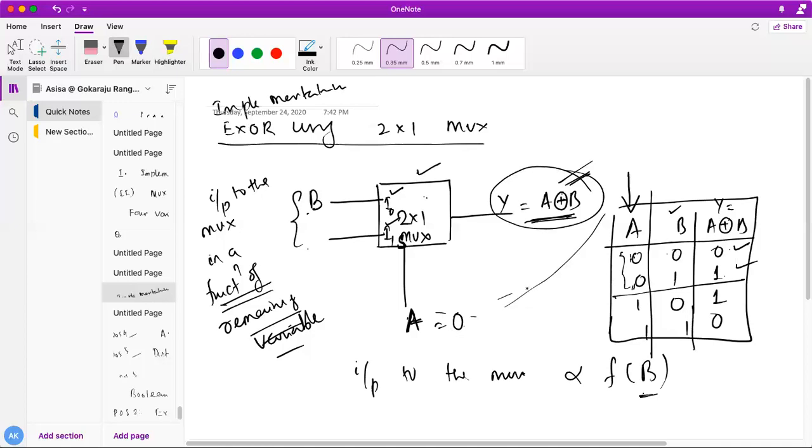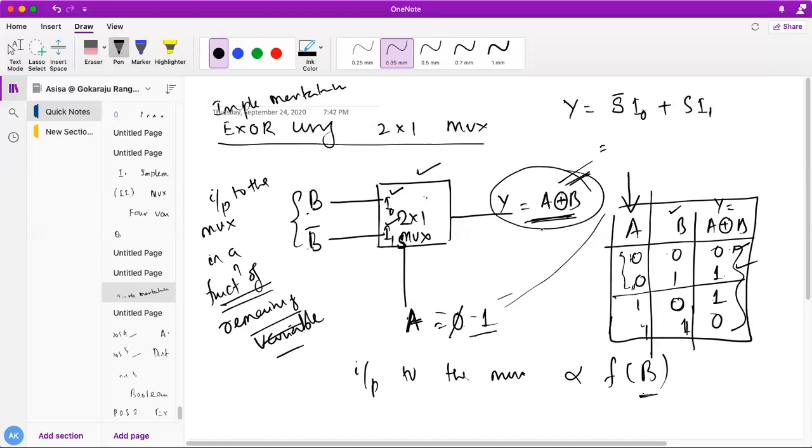Do all of you understand? Now if I put A equal to 1, what do I get? If B is 0, the output is 1. If B is 1, the output is 0. So obviously this is nothing else but B bar. If I put A equal to 1, I will get B bar at Y. Finally, I will get all the outputs according to this truth table. If you have any doubt, you can also see how the output of the mux is determined: S bar I0 or S I1.